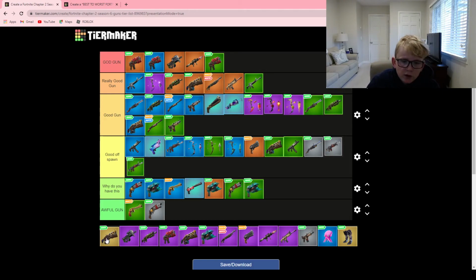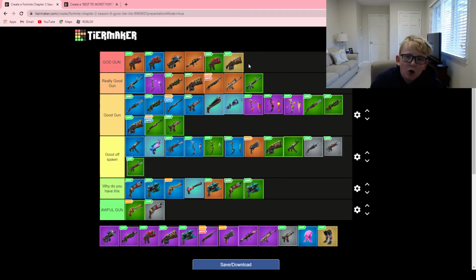Next we have the only mythic weapon on the list, the mythic Primal Shotgun. Now, like all mythics, this is kind of overpowered in some ways. Like all the mythics, I'm going to slap it on God, because literally, if you guys remember, the mythic drum gun, mythic grappler, mythic, you name it, they were God. They were stupidly overpowered. So I'm just going to slap that on God, because it's just going to be like that. Same with the